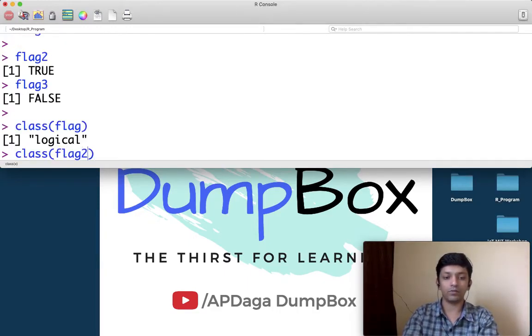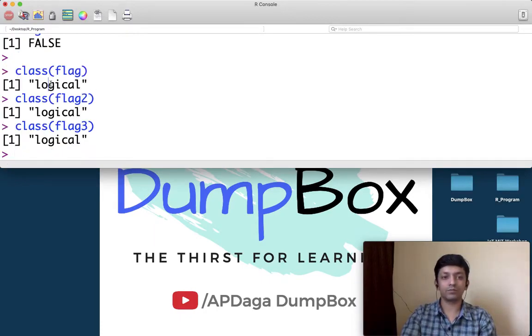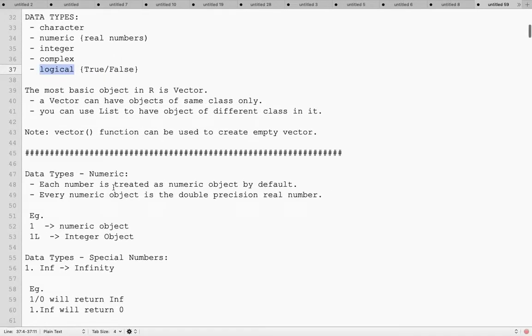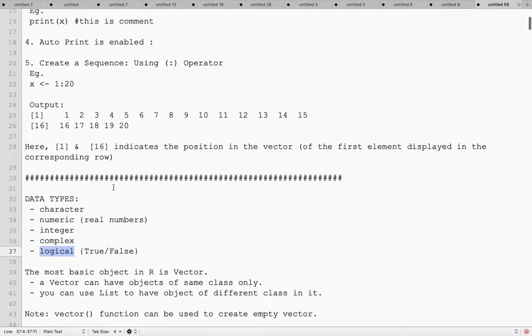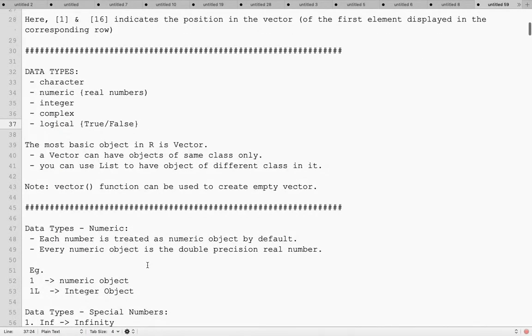And if I check the class of any of the above variables, like flag or flag 2 or flag 3, it is logical. So it is like the boolean data type. So this is the basic, guys. These are the basic atomic data types.